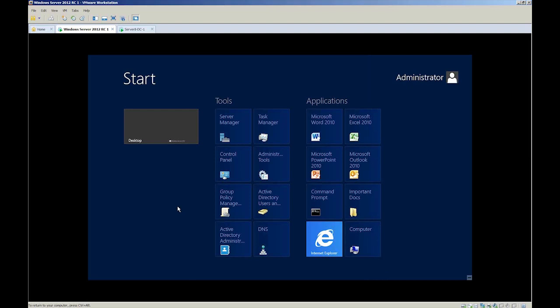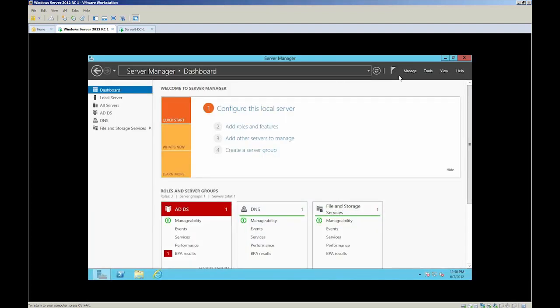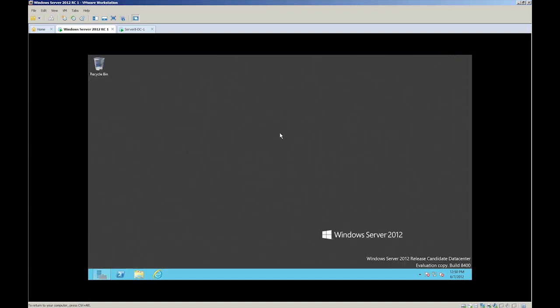So let's go ahead and get out of our Start menu, and let's minimize our Server Manager. Oh, look at that. Apparently BPA is upset with me again. I like showing you that because this is all kind of real time. It'll tell you when something has changed. But I'm going to minimize our Server Manager so we can look at our desktop.